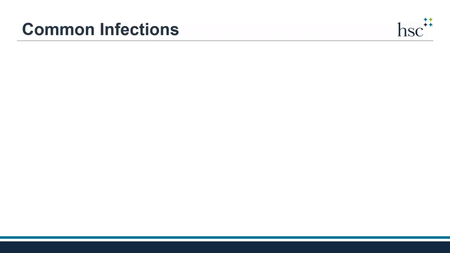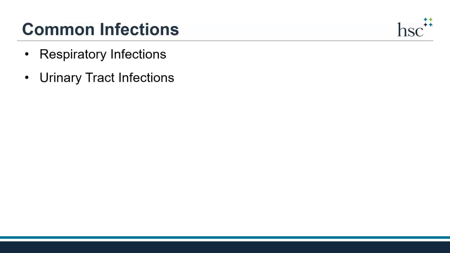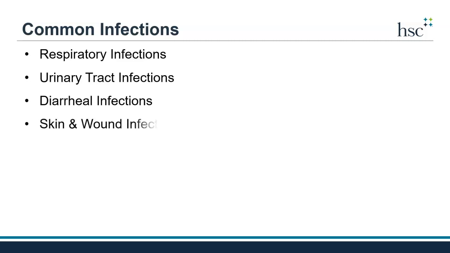The most common infections in nursing homes include respiratory infections involving the lungs, urinary tract infections, because many times older adults cannot empty their bladders completely, or they have a catheter in place to help them urinate. Diarrheal infections, because older adults in nursing homes have contact with many people, people who have trouble going to the bathroom, and people who help them go to the bathroom. This increases the chance of spreading germs that can cause diarrhea. And skin and wound infections. Again, because skin is so fragile as we age and as we move less.